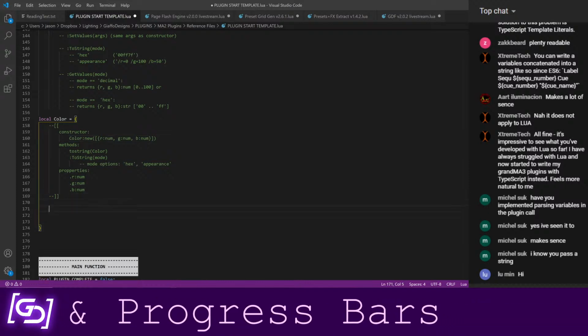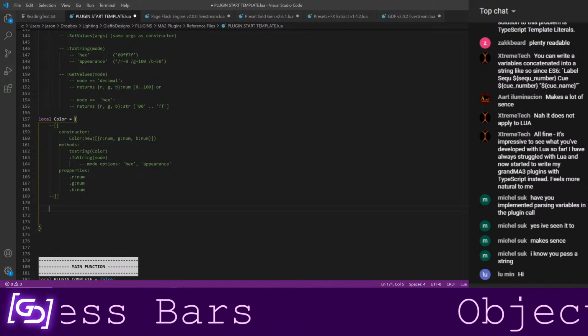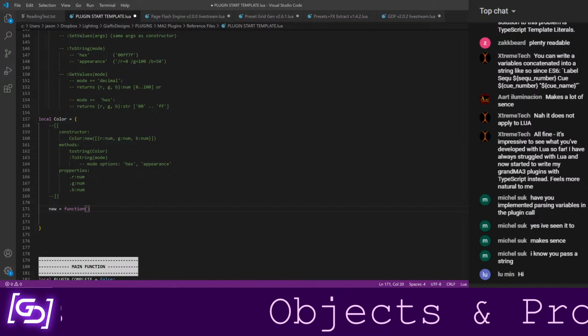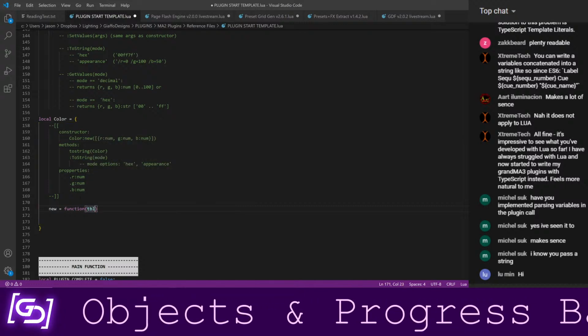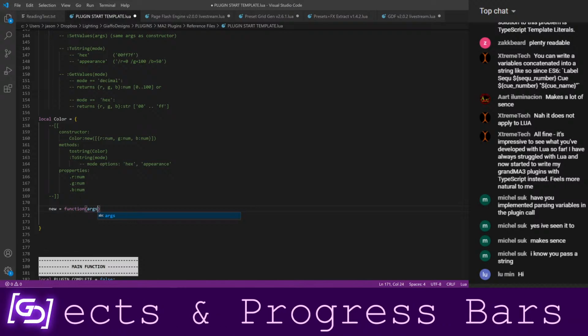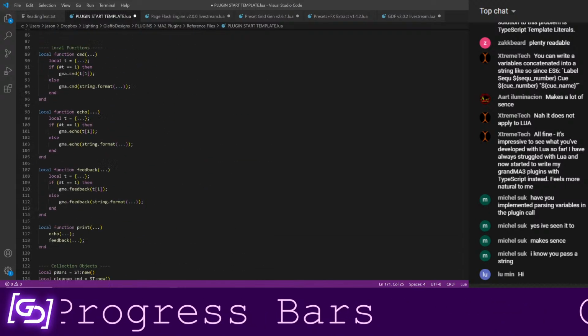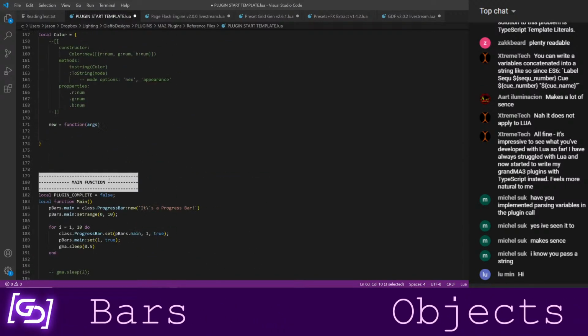Okay, so let's start out with how we're going to make a new one. We're going to say new equals function, and we're just going to provide a table. Actually, I'm going to say args, because I think TBL is also a valid value that I put way up here for my table functions.